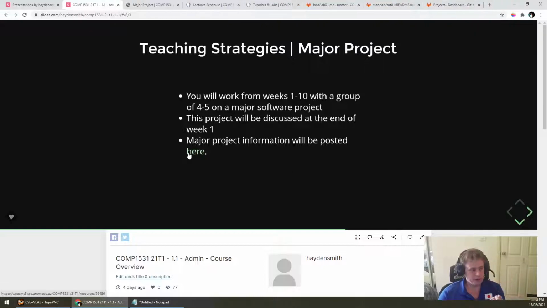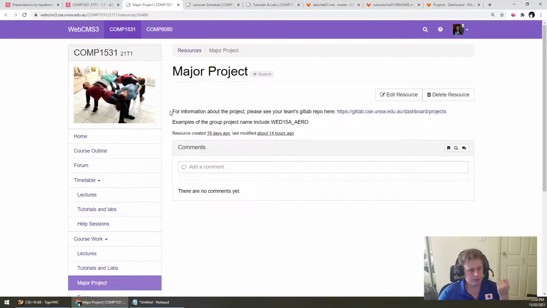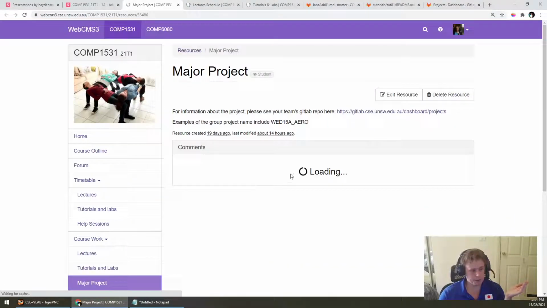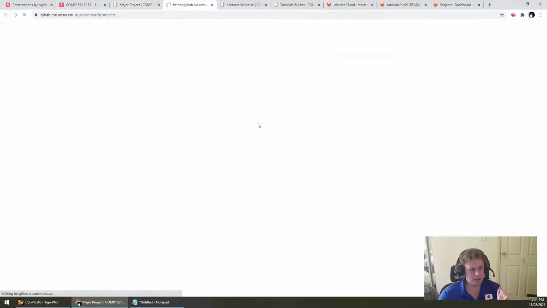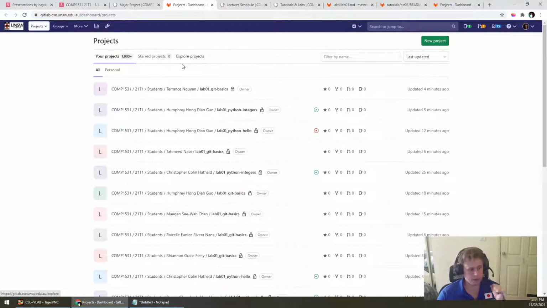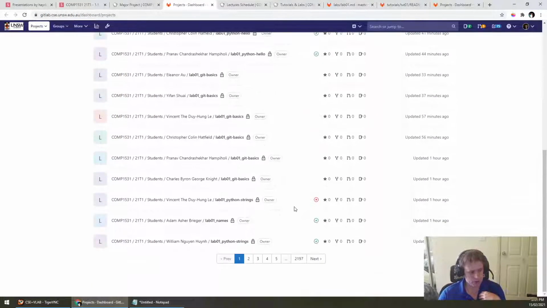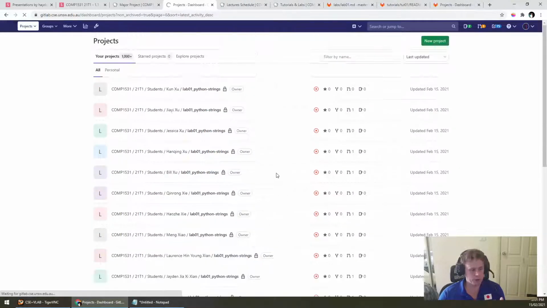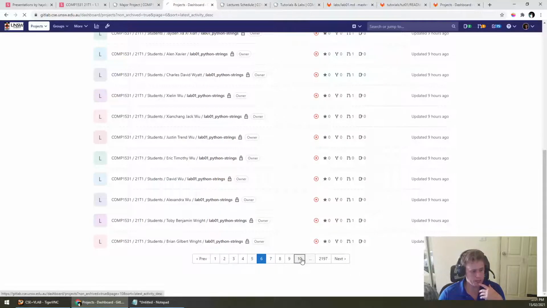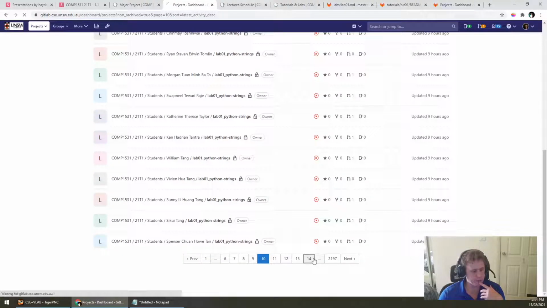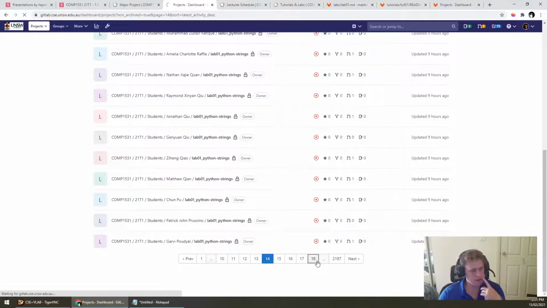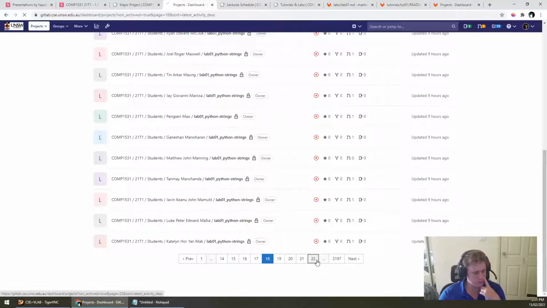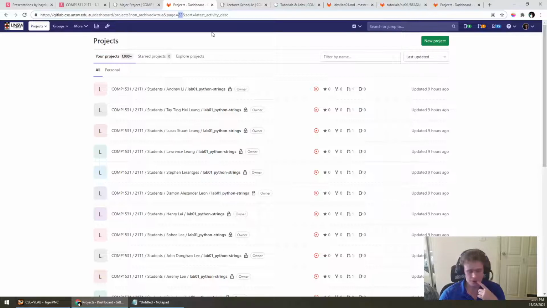And if you want to find major project information, I know that there's a link on WebCMS3 that doesn't help too much, but you can actually see which project you're in by going to this page on the sidebar, clicking on this, and then you'll typically see a group. Now, I'm part of all of your groups, so I can't really show you what it would look like for you, but basically we created, I have to go back quite a few pages.